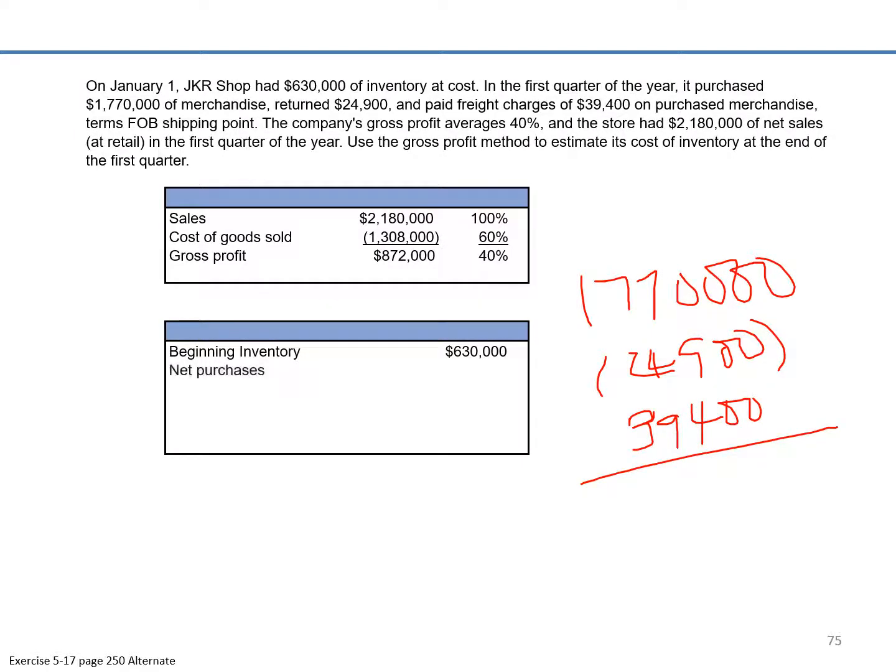So that works out to be, oh, there's the math, 1,784,500. So beginning inventory plus net purchases equals cost of goods available for sale,